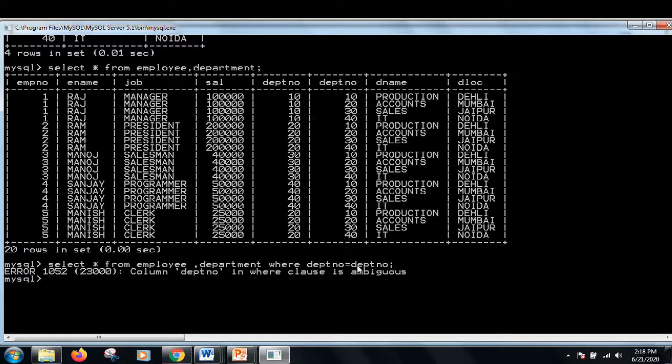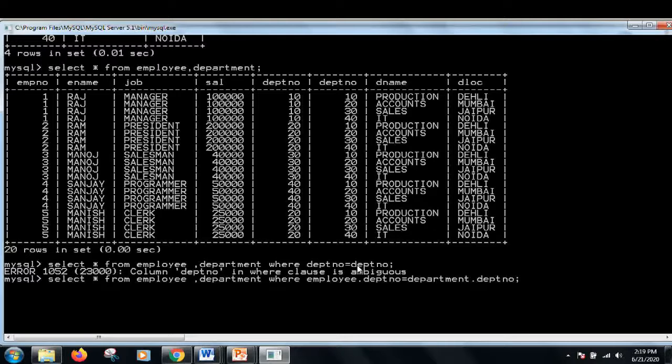Now how can we resolve this? We will write the qualified names of these fields, along with their table names, and we will find only those records of both the tables in which the department number is equal.